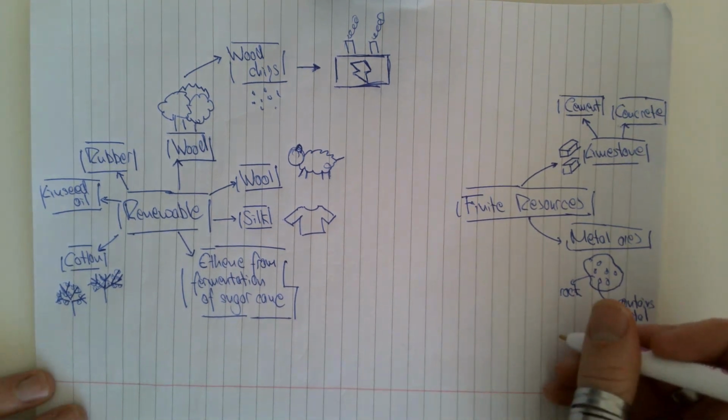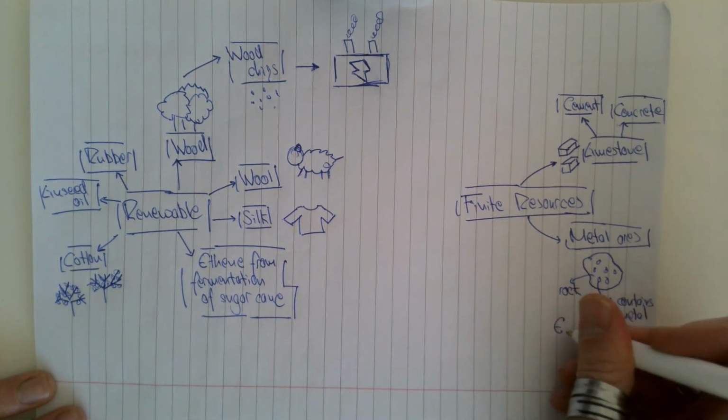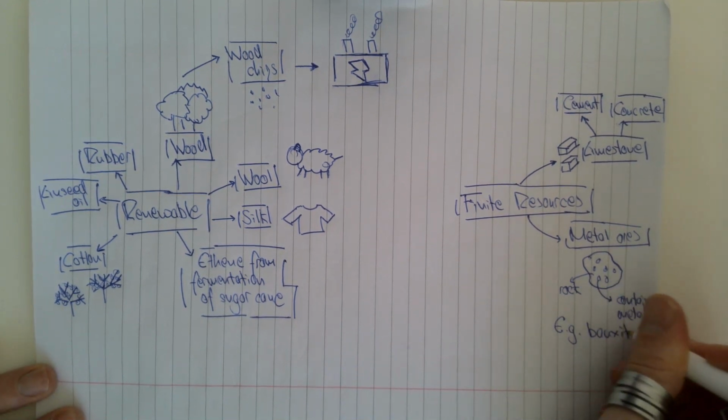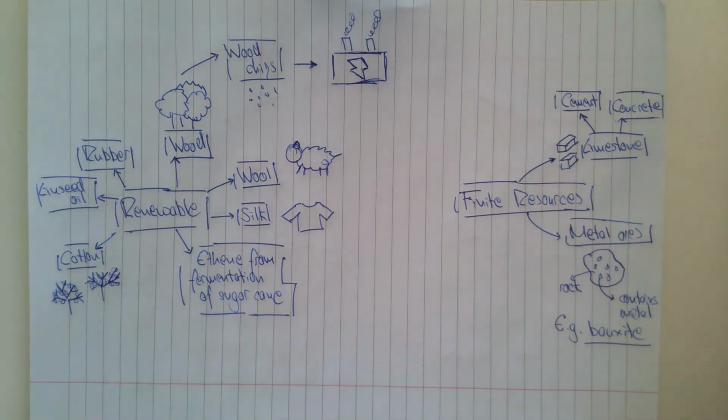You might have example names, see things like bauxite, which is aluminium contained within rock, aluminium or copper. We'll check that one, but that's a common example of the name of a metal ore. And then obviously